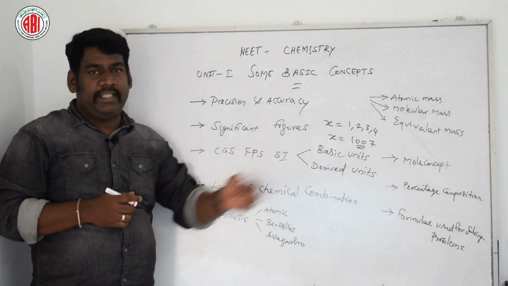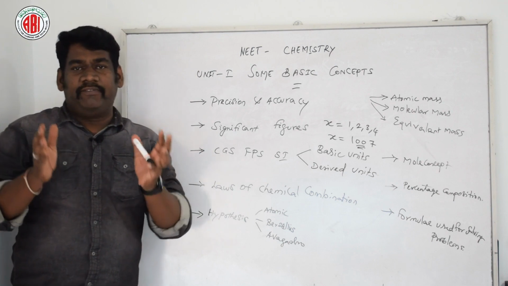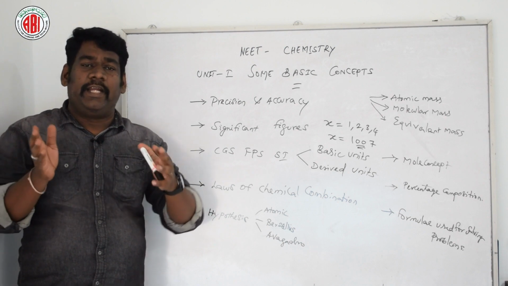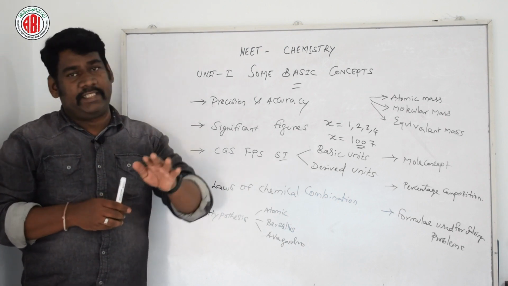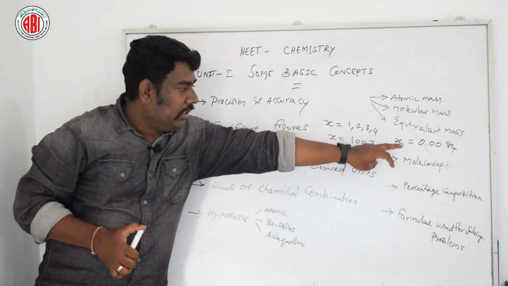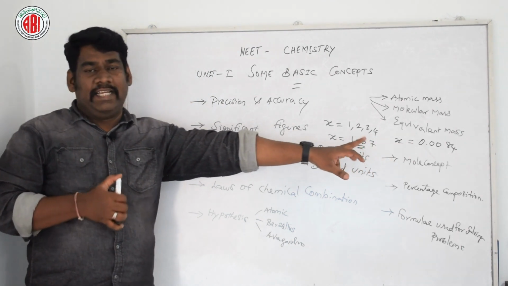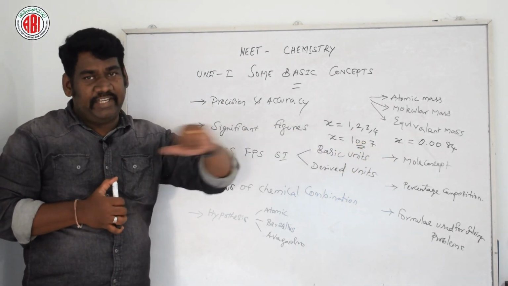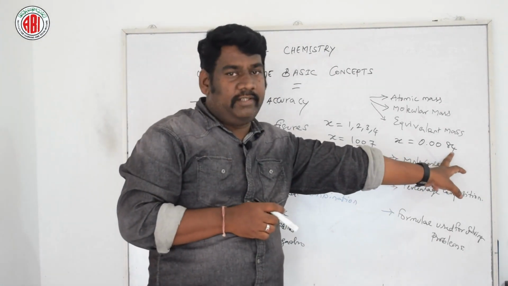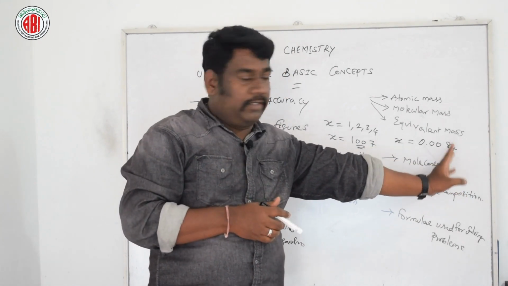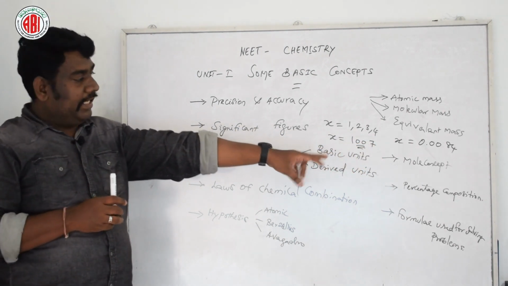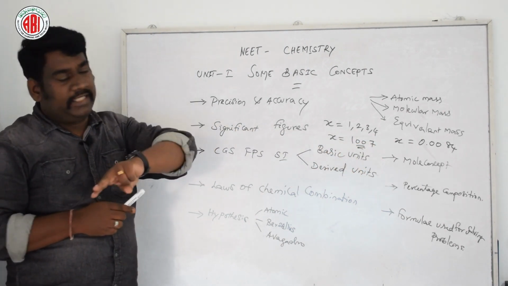According to rule number 3, if a number is less than 1, all zeros to the right of the decimal point and to the left of a non-zero digit are not significant. For example, x = 0.0084. Here the zeros are not considered significant. The significant figures are 8 and 4. There are only two significant digits here, as the zeros are present before 8 and 4.